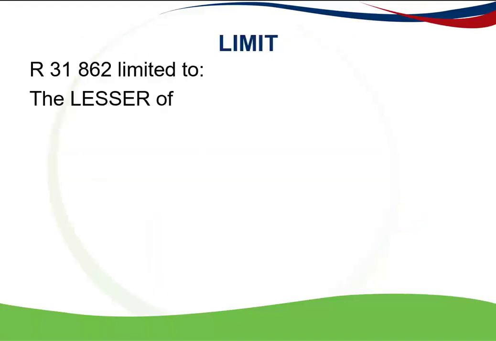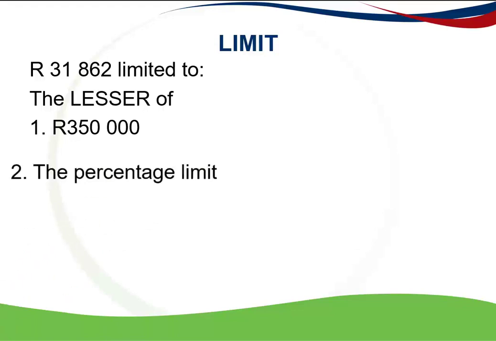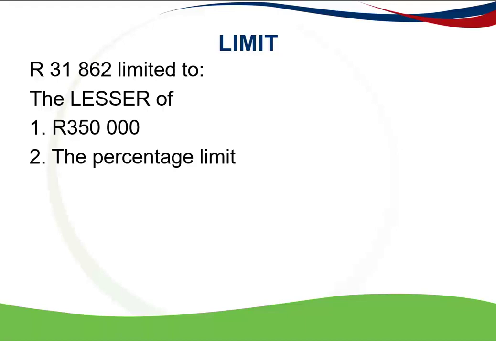So we've got total contributions of 31,862, and it's limited to the lesser of. The first amount is 350,000 Rand that's given to us in the Act. The second limitation is the percentage limit. Okay, so let's do that percentage limit now. The Act says it's 27.5% of the higher of. Well, first of all, remuneration. In this case, it was given in the question,